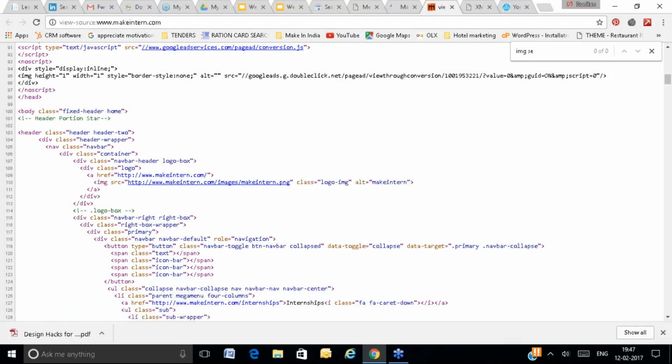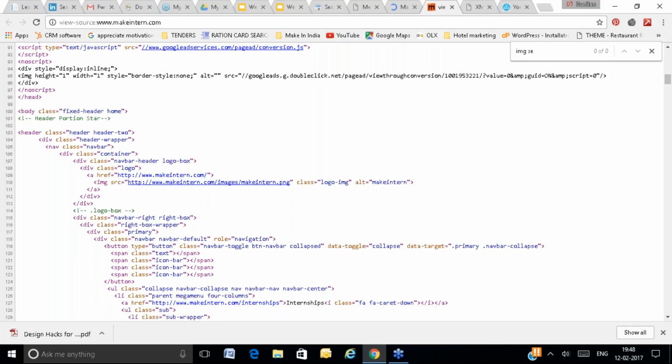We start with the img tag and the source, which is the address of the image where it will be found. Makeintern.png is the image in the image folder on the domain makeintern. So this is the path of the image. This is the class, meaning the design applied to that image, and this is the alt text, makeintern. Somehow, if the image does not load, then this text will appear.